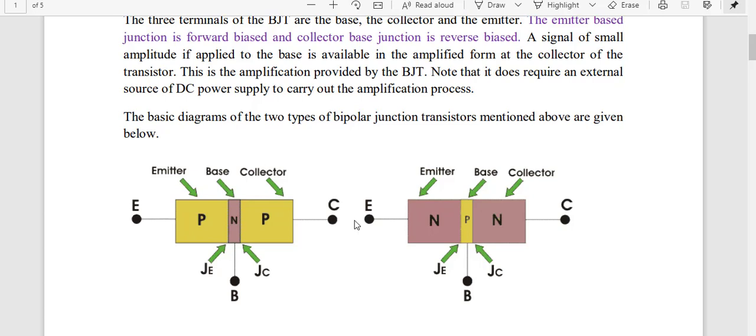Okay, like this. And one thing, BJT is basically a current control device. That means the output is controlled through the input current. That's why BJT is a current control device, not a voltage control device. If you are asked to give one example of a current control device, your answer will be bipolar junction transistor. If you are asked to give one example of a voltage control device, your answer will be FET, field effect transistor, which I will discuss after BJT.